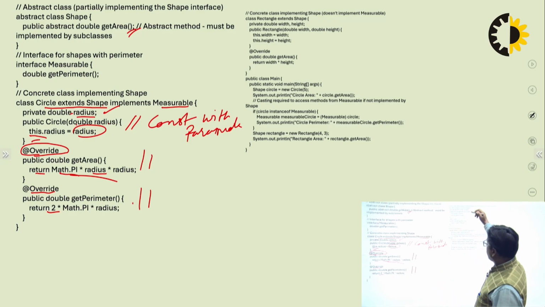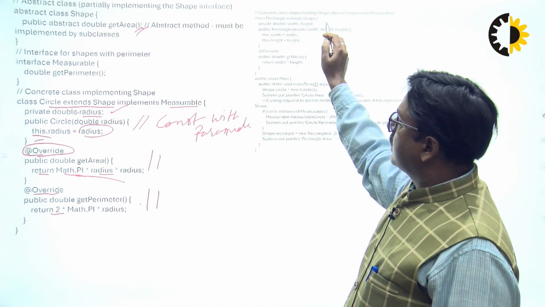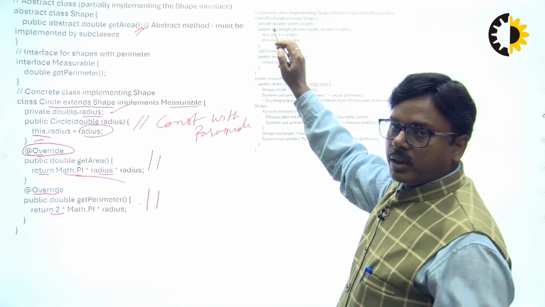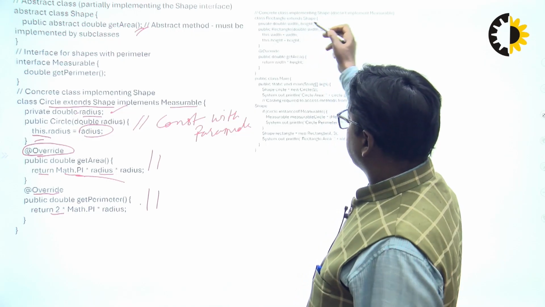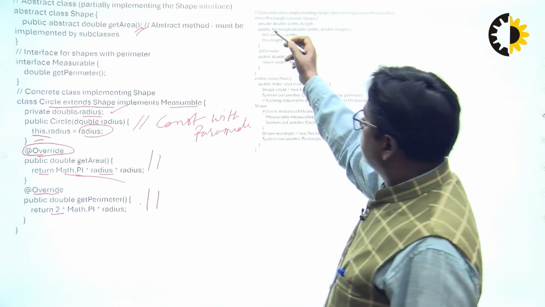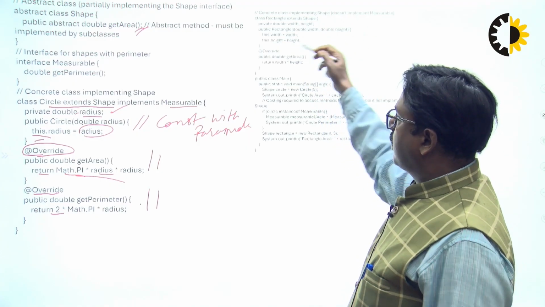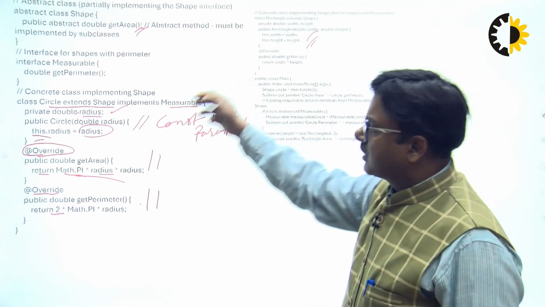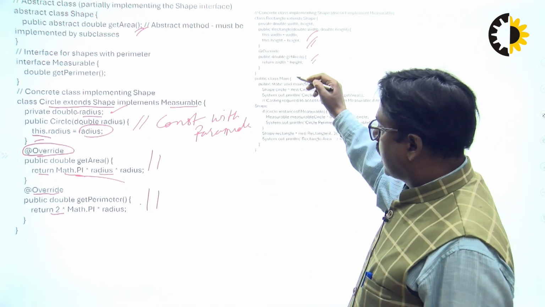The concrete class implements Shape, but doesn't implement Measurable. Rectangle extends Shape. Now we are going to use the features that have been written here. Class Rectangle extends Shape, with private double width and height. Public Rectangle(double width, double height) is initialized just like this one. Override getArea, and now